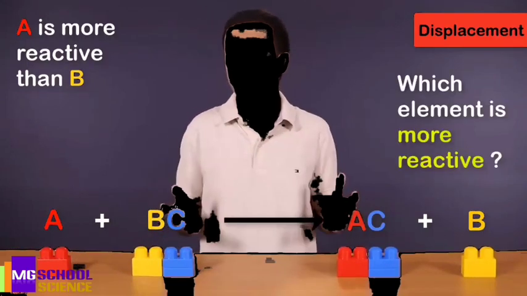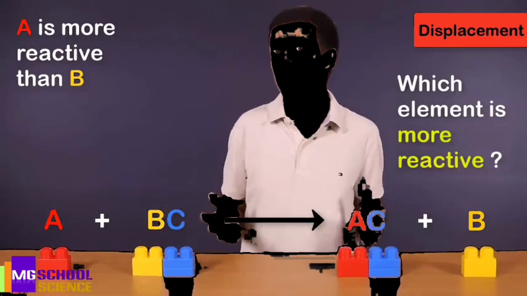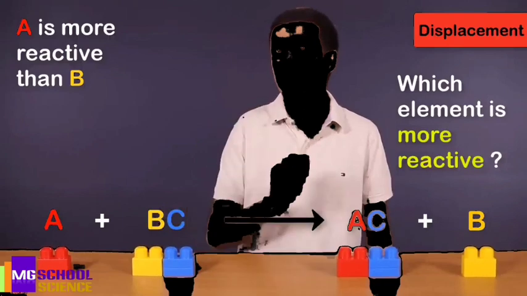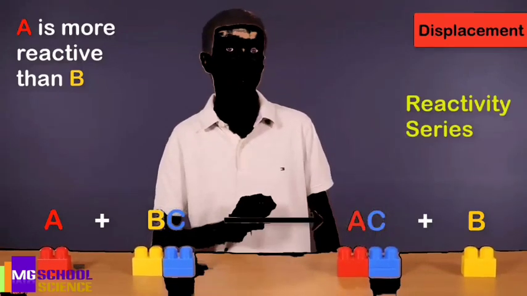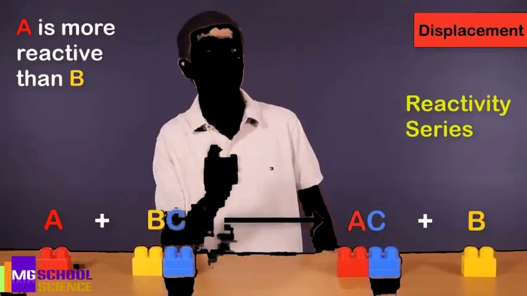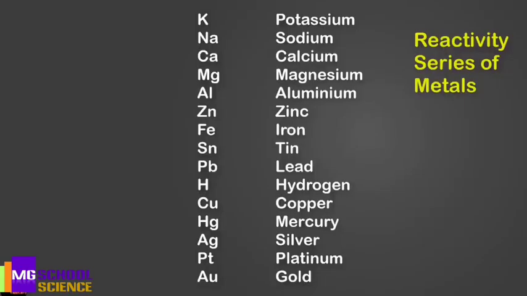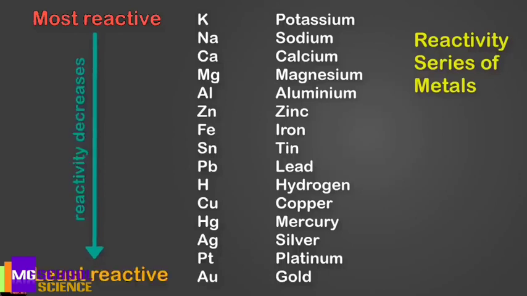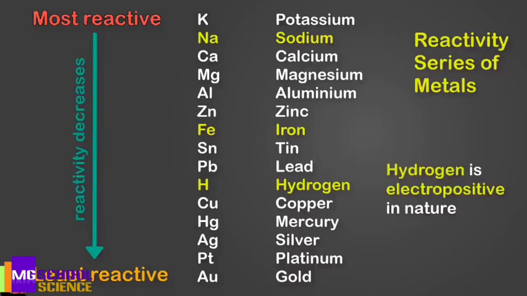Now how do we know which element is more reactive than the other? In chemistry, we have a reactivity series. Here's what it looks like for metals. Metals on the top are more reactive, and as you move down, the reactivity decreases. For example, if you look here, sodium is more reactive than iron. Hydrogen is also in this list even though it's a non-metal because it's electropositive in nature and can be displaced